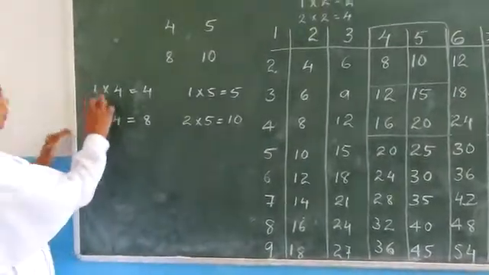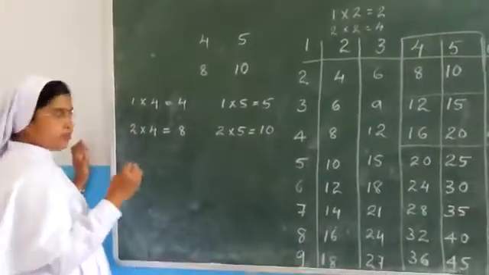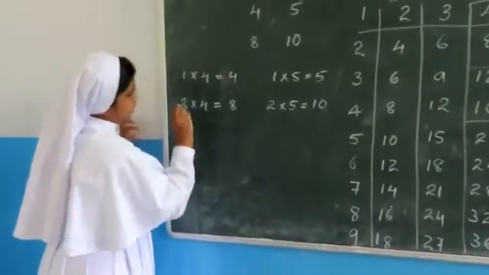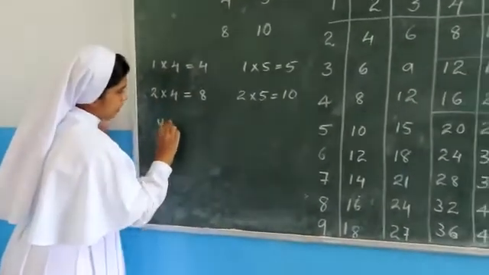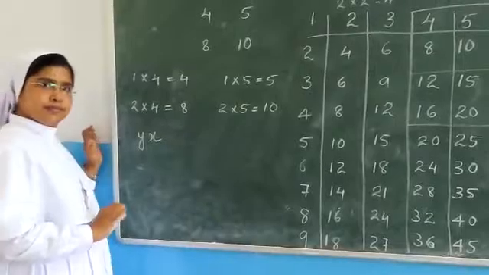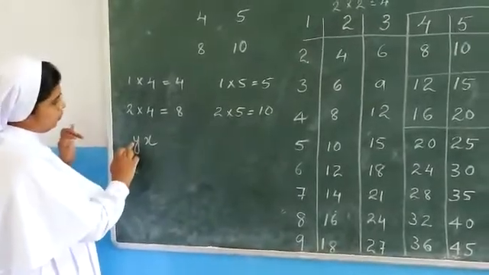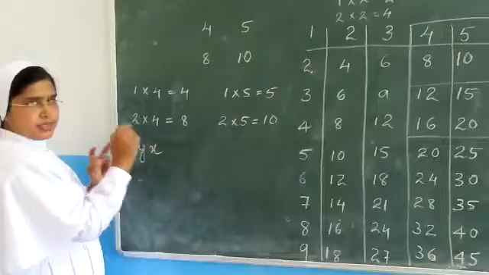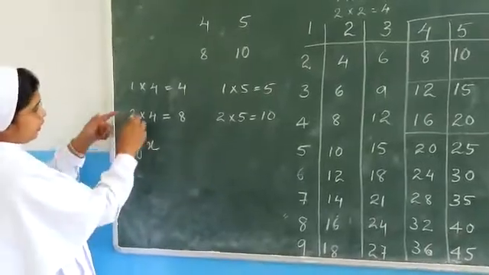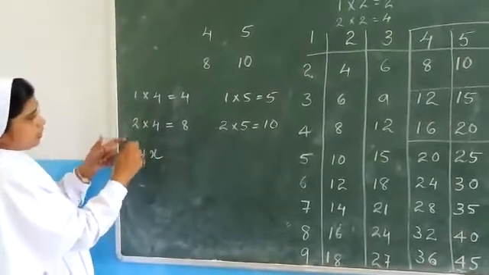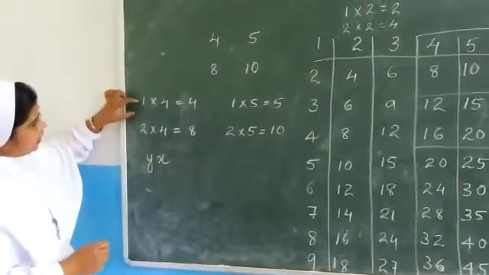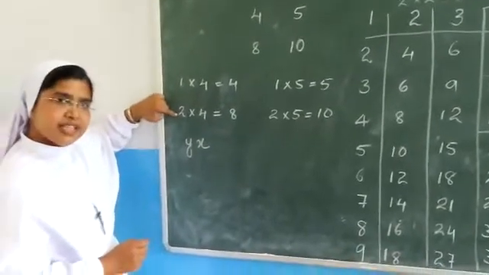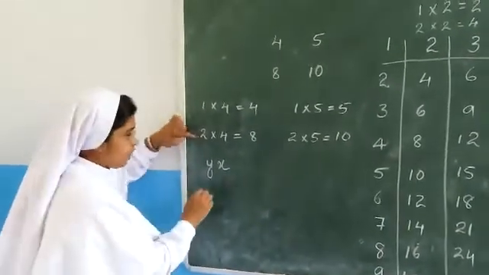So here I am giving a value. For 1 I give y and for 4 I give x. So y is equal to 1 and x is equal to 4, that is yx. Then how will I write the next one? Now what is the similarity between this y? Here y is 1, here it is 2. So can I write y plus 1?